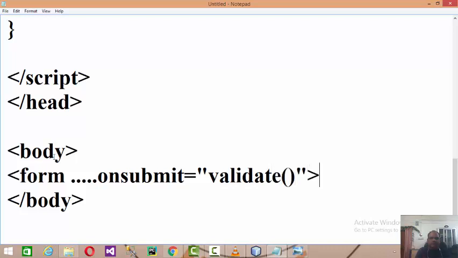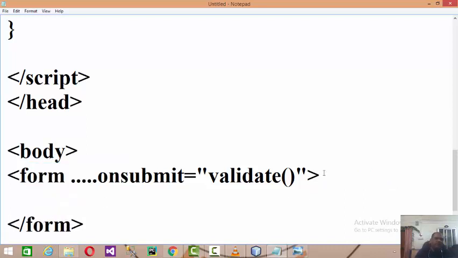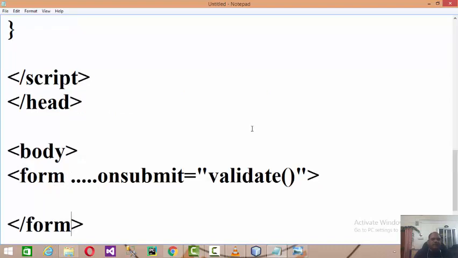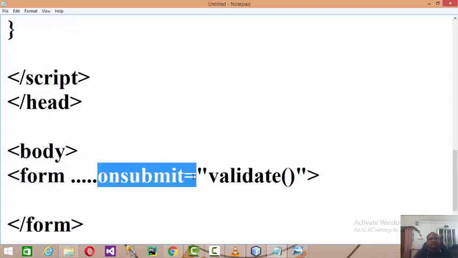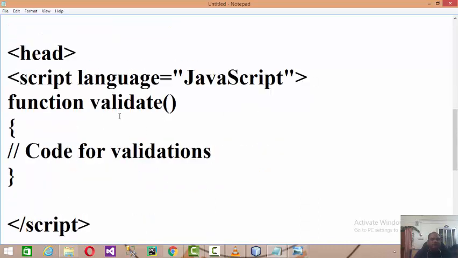Obviously I'm having a form over here. So when you enter the data on the form and click on the submit button, it will give a call to this validate function, the user defined function.